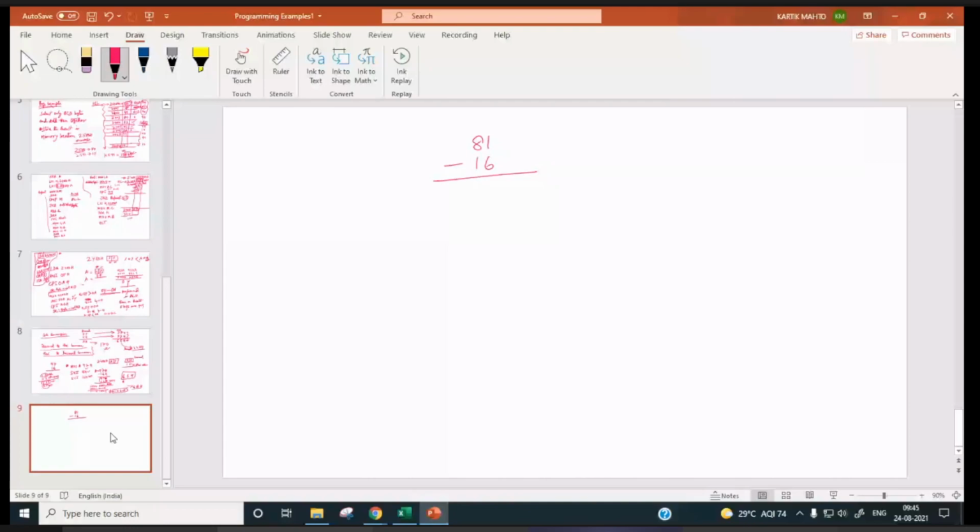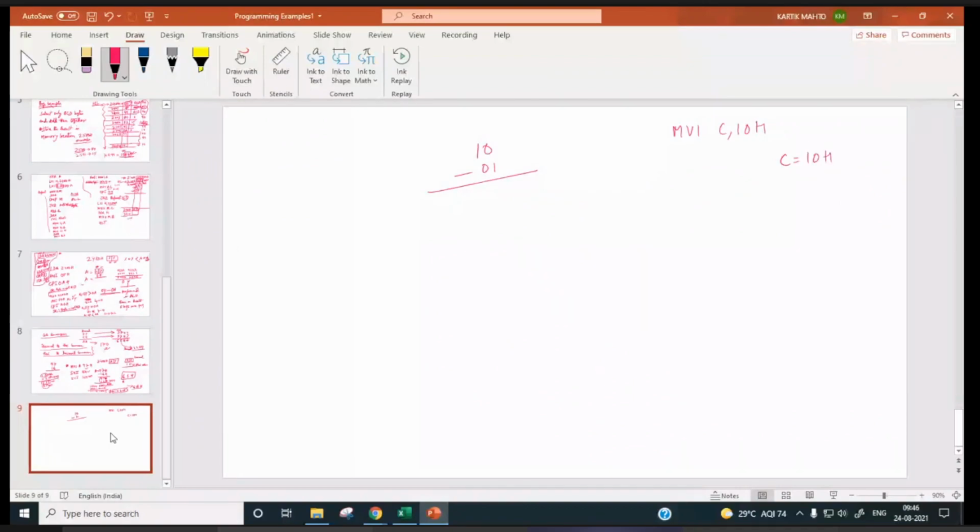Ten minus 1, suppose we have to do, and suppose we have MVI C, 10H. So C will be 10, right?